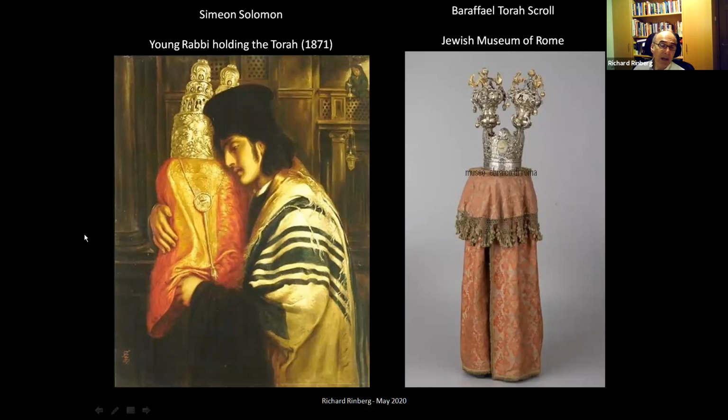And here's Simeon Solomon, a young rabbi holding the Torah. You can see the young lady up here in the ladies' gallery. Again, very, very beautiful image of a Sefer Torah. You can see the beauty of the Me'il, the covers of the Rimonim on top. And also you get the feeling of the good feeling that Simeon had to Judaism from such a painting as this. And you can see this is from the Museo Ebraico in Rome. And you can see the beauty of the Sefer Torah, the Italianate furnishings they put on the Sefer Torah.